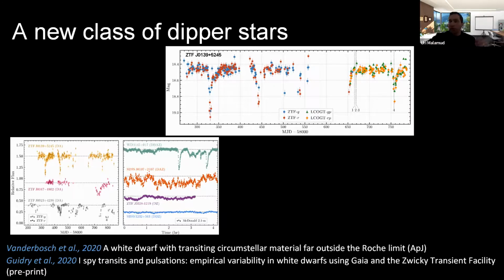And I think with our model that we can produce these disks, and maybe we can create some sort of model and show that different disk morphologies can create different types of transits, and maybe try to explain these cases as well. So with this, I will conclude, and I will take questions.